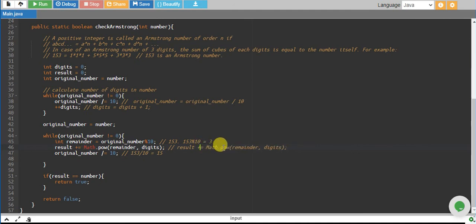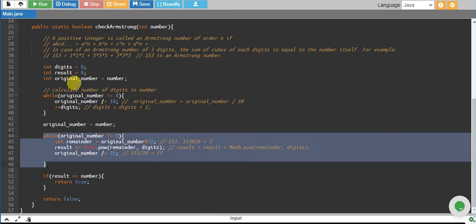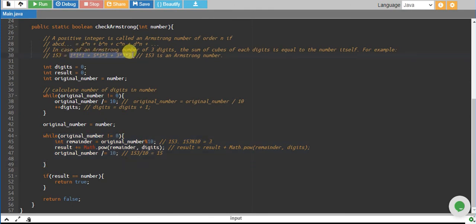So both codes are the same. I just use this one because this is short code. And right over here we are eliminating that last number for which we have already calculated the result. So what this piece of code is doing is calculating this piece of information. So it is taking one number at a time and powering it with the number of digits and summing it, adding it to the result.